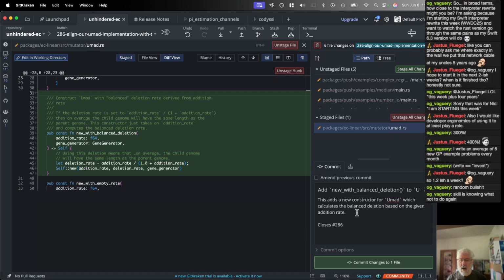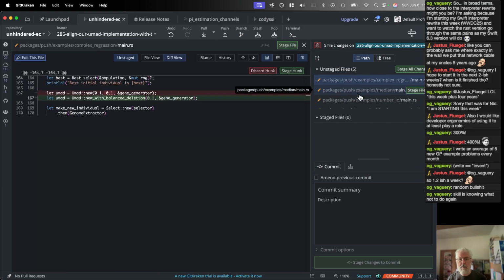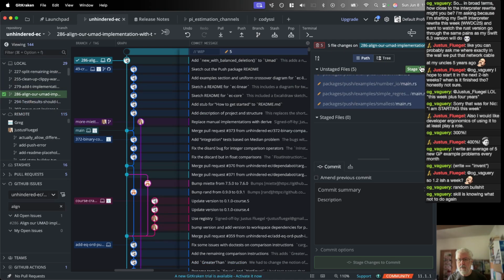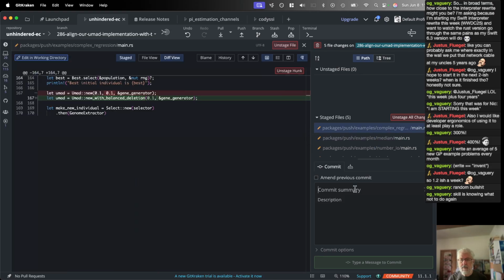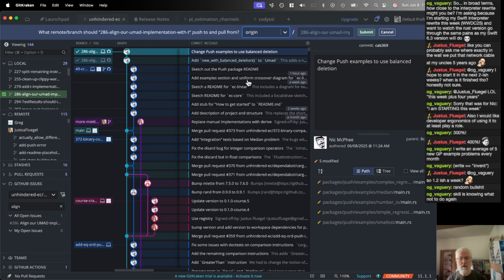So okay, I think I'm going to call that a win, and then I'm going to just plop all these in, as a big group. Change push examples to use balanced deletion. Changes all the push examples. Oh, I'm just going to repeat the title. Skip it. Okay. So then if I push this,